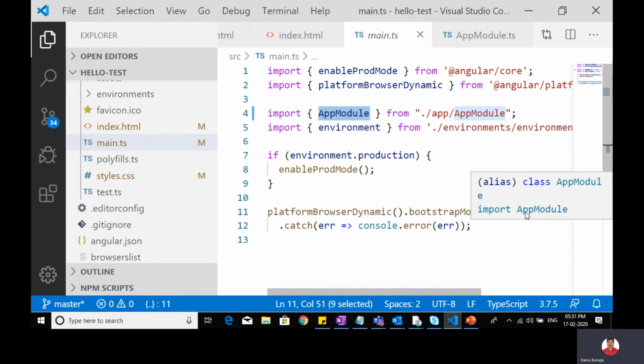If you have multiple modules, then you have to mention the multiple modules, right? Right now we have only one module. If you are working in a bigger project, then you can have multiple modules. Those module names you have to mention here by importing them.